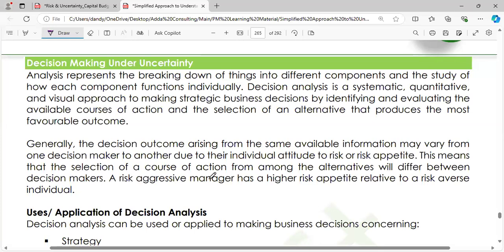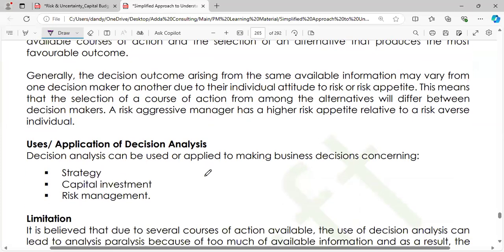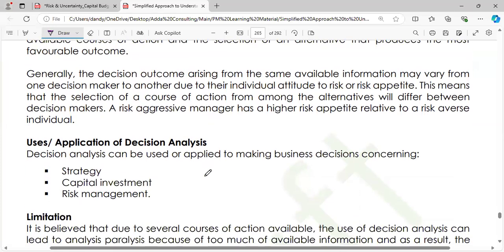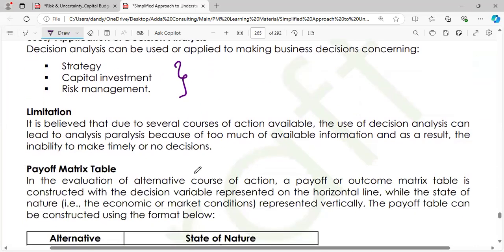Now, I will not bother you with the story as far as decision analysis is concerned, so you can read them through, all right? The focus is that we want to talk about the methods of determining expected value under decision analysis. So you can read about the uses of decision analysis. Part of it is what we want to do in investments project evaluation. Then you can read about the limitation. The limitation of decision analysis is very straightforward, okay? Which has to do with